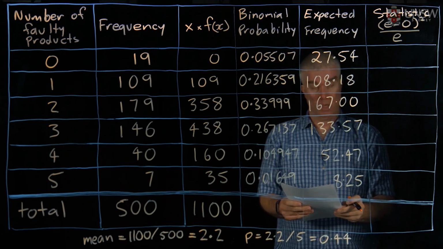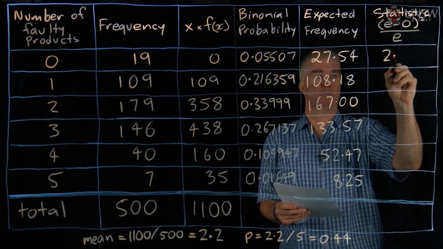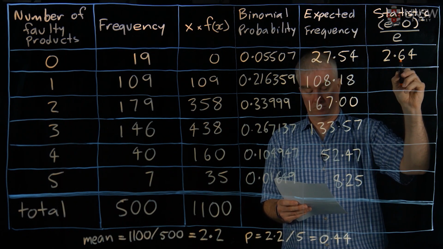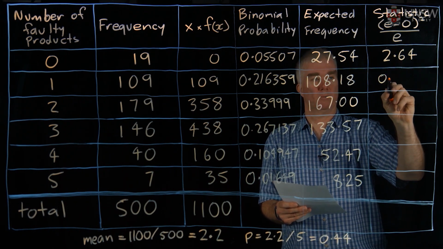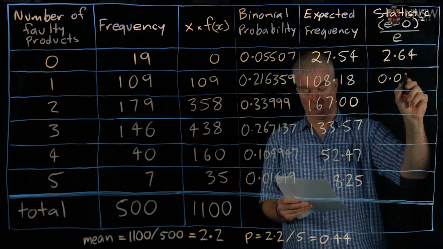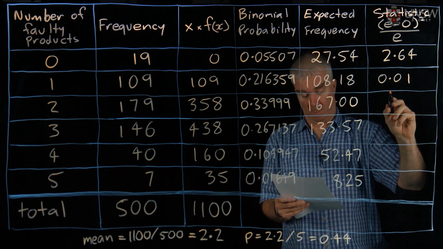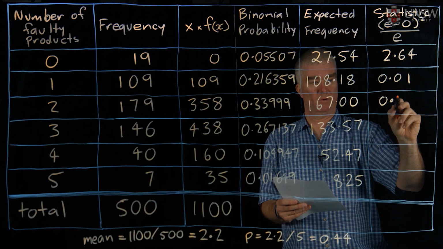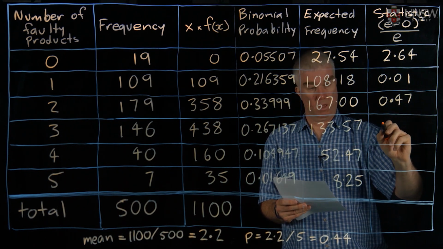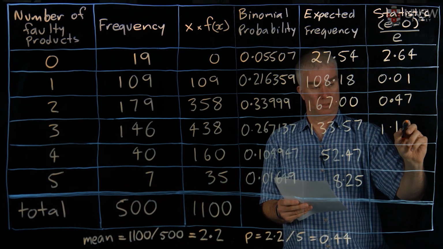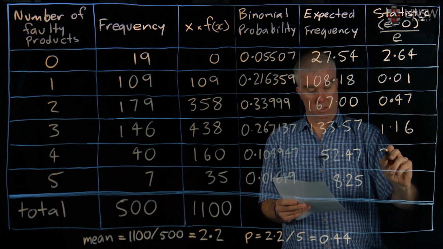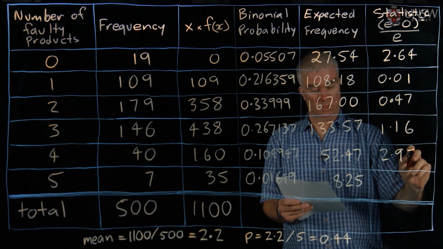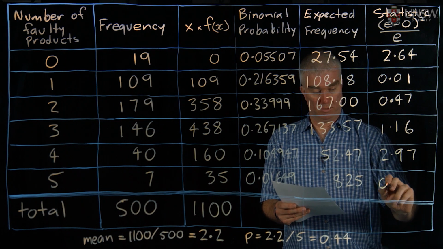So, we get 2.64, 0.01, 0.47, 1.16, 2.97 and